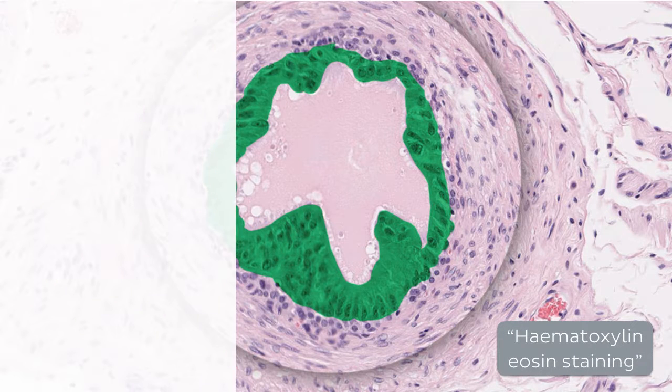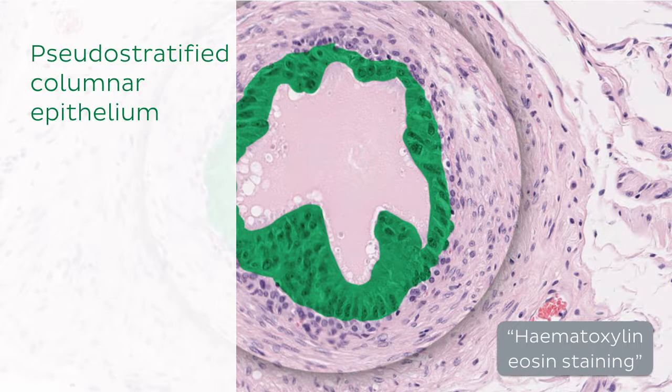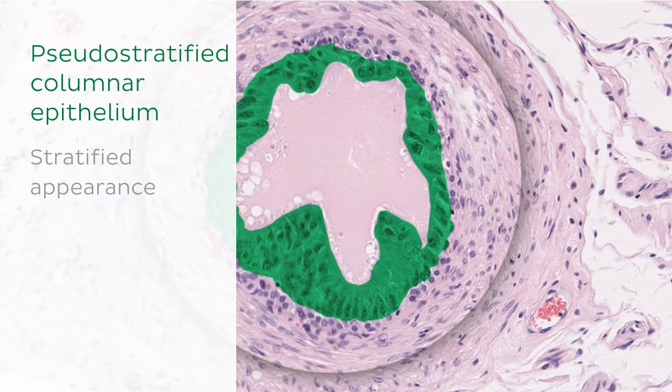The final type of simple epithelium that we'll look at is called pseudostratified columnar epithelium. Although this type of epithelium is a simple epithelium, it doesn't appear this way. It appears to have multiple layers because the positions of the nuclei of neighbouring cells are found at different levels, giving this type of epithelium a stratified appearance. This is not the case because it is in fact made up of a single layer of cells which all make contact with the basement membrane, and for this reason it's called pseudostratified because it appears stratified even though it